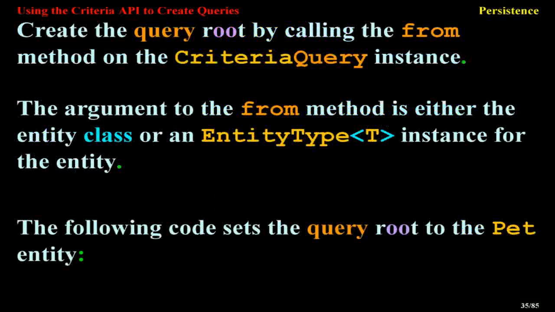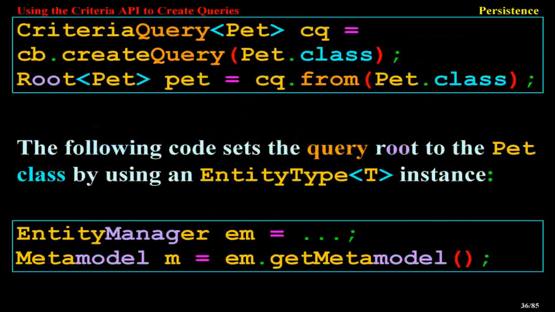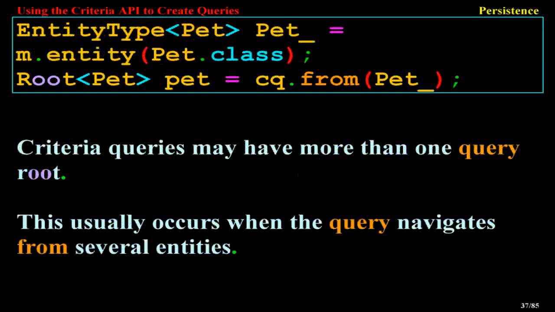The following code sets the query root to the Pet entity. CriteriaQuery<Pet> cq = cb.createQuery(Pet.class); Root<Pet> pet = cq.from(Pet.class); The following code sets the query root to the Pet class by using an EntityType instance. EntityManager m; Metamodel metamodel = m.getMetamodel(); EntityType<Pet> Pet_ = m.entity(Pet.class); Root<Pet> pet = cq.from(Pet_);